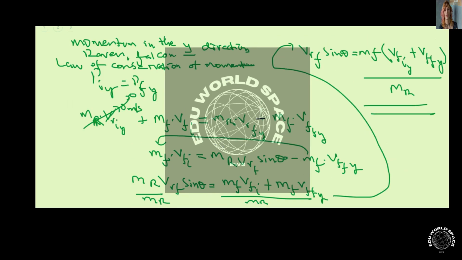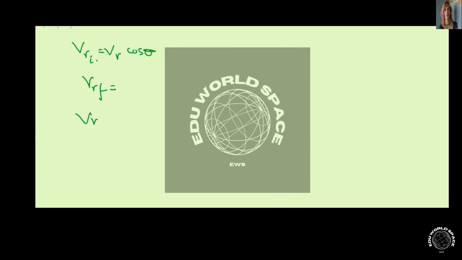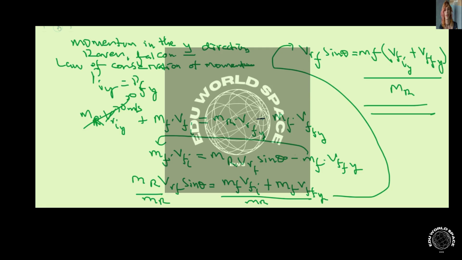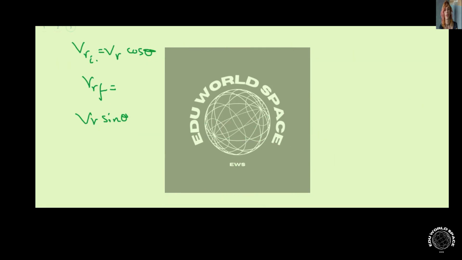That's what we're saying. And then we also need this other piece of information, the final velocity of the Raven, VR sine theta. Actually it's VR final sine theta equals to